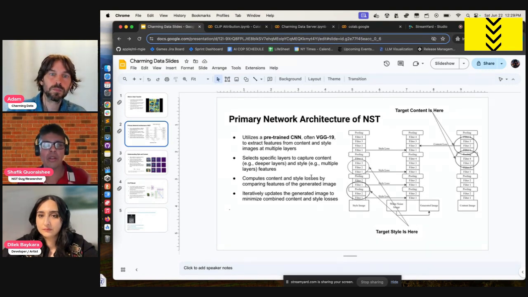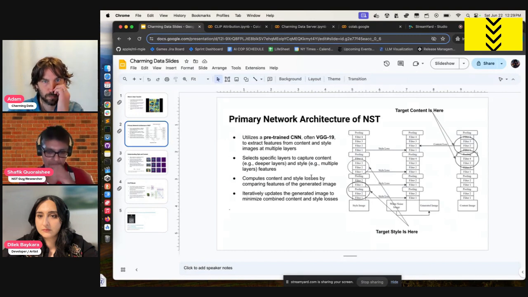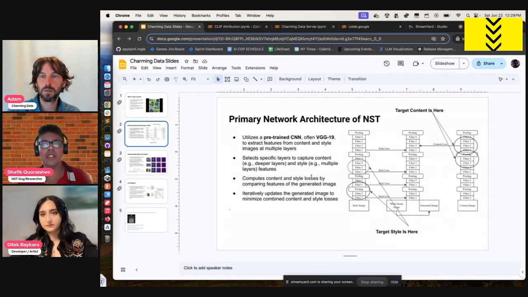Without going into the details, roughly what's happening here is that the style and the content can be separated into different layers of the neural network. So you have the lower layers, the shallow layers, so to speak, and then you have the deeper layers. The wider or higher the layer is, the more it can capture the general geometry of an image, like that's distributed across the surface of an image. That would be things like brush strokes. That would be things like corners or high-level features.